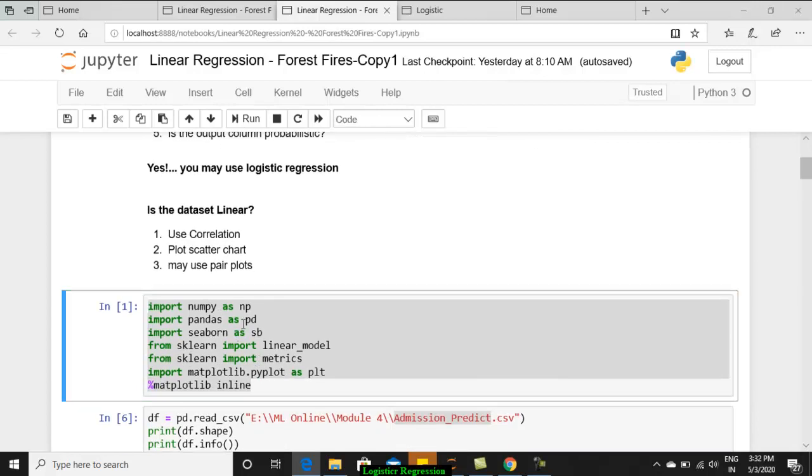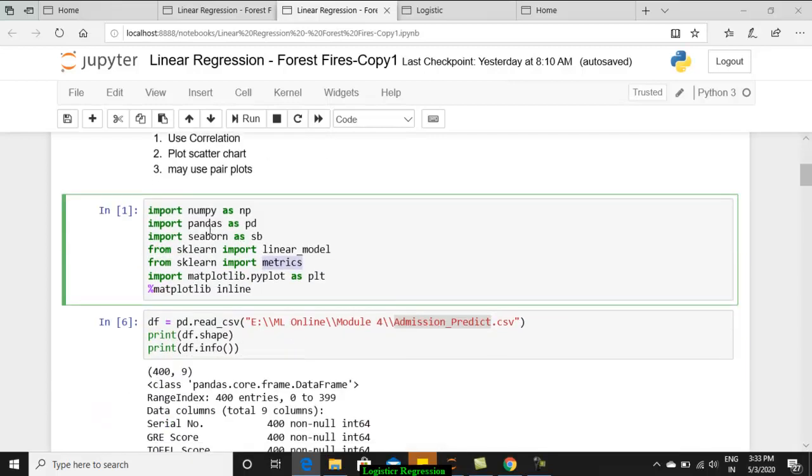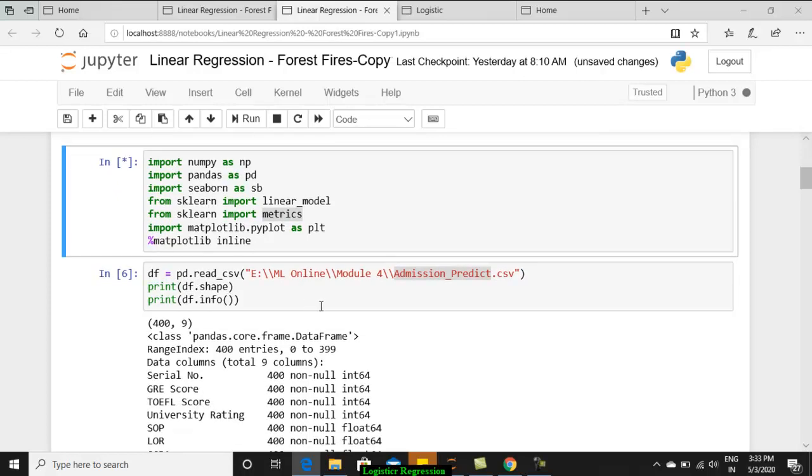Now coming to implementation, I have imported all the necessary packages. NumPy for numerical operations, pandas to create data frames, Seaborn and PyPlot for visualization. And again, it is a linear model, and hence from sklearn I'm importing linear model and metrics. So all those things are required libraries, and hence we are importing them. In parallel I will be executing the cells. So I'm executing this cell. Okay, before that we will see.